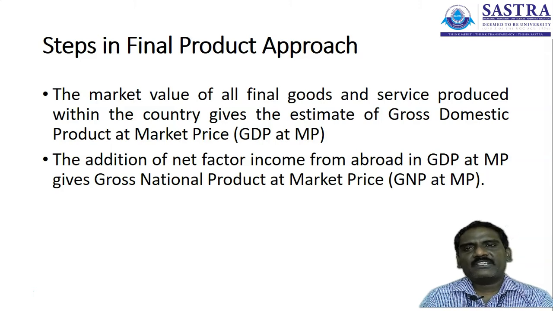In the output based method to determine the national income, we calculate the overall goods and services produced in the particular country during the given period of time. In that calculation, we measure the output on the basis of final value, or on the basis of market price. We calculate the market price of goods produced under the industrial sector, the market price of services rendered, and the market price of foreign transactions that happen in the particular country. Together the value is taken for the calculation of gross domestic product at market price.